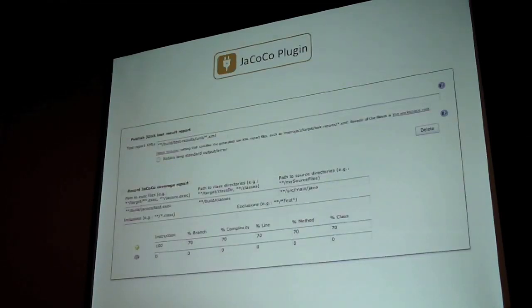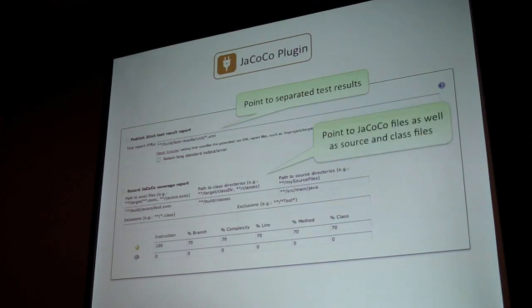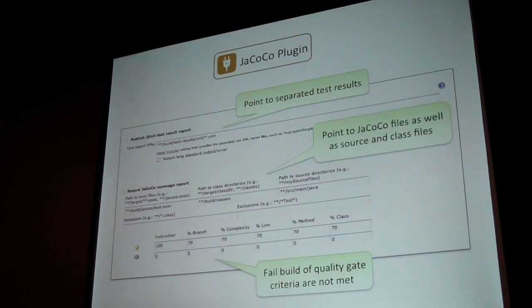A couple of words about the JaCoCo plugin. Up there it's just the general JUnit configuration, so you can define, well, show me the unit test as well. There's actually nothing special here. This doesn't belong to the JaCoCo plugin. It's a default functionality of Jenkins. Down here, once I install the JaCoCo plugin, we can point it to specific exec files and implement these quality gates that I talked about before, where we can say, if the line coverage is only 69% and not 70, then the build will fail and will not continue in that build